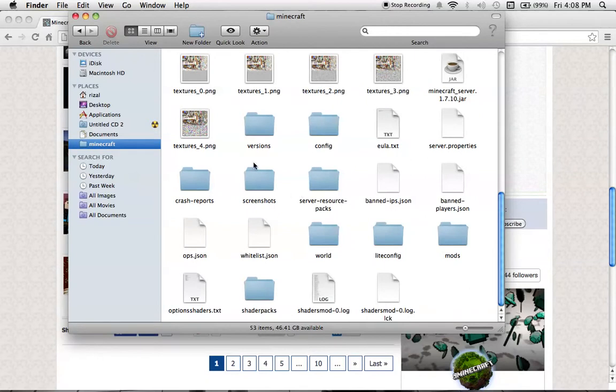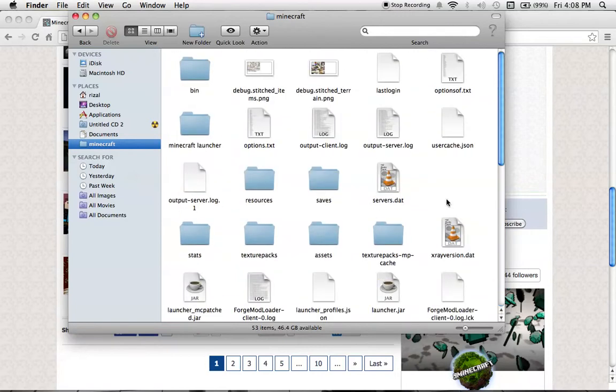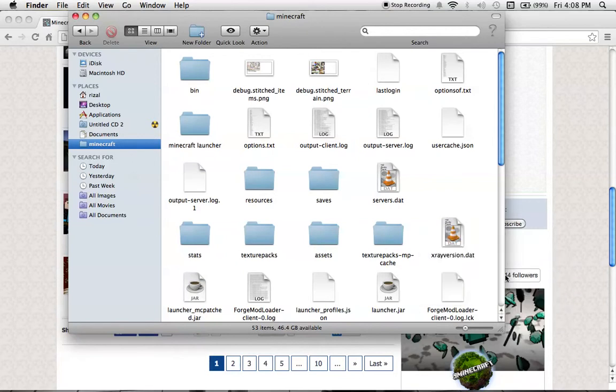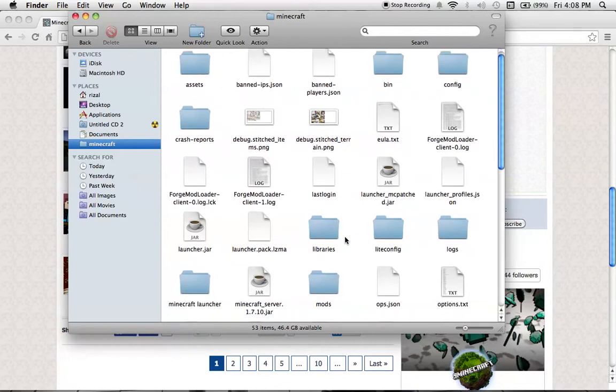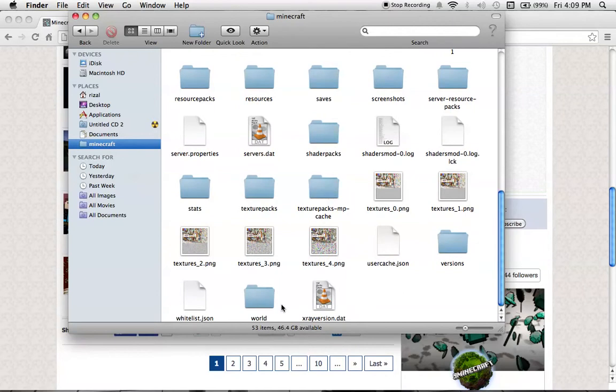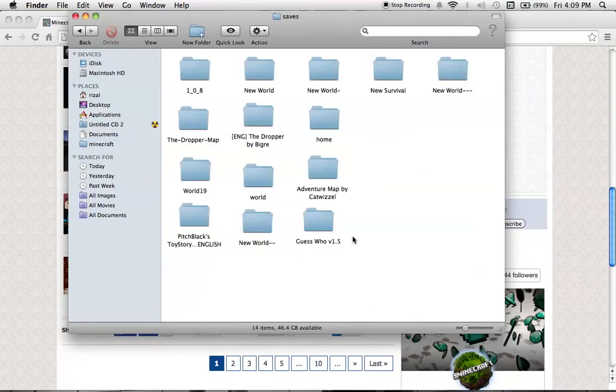In Windows, you have to go to AppData, Minecraft, and you'll see a bunch of stuff like this. Let me just sort that by name. Yeah, you'll have to go to saves.